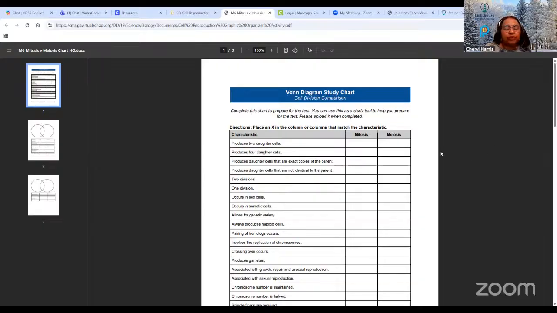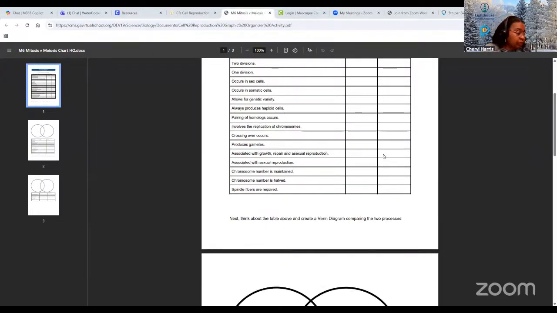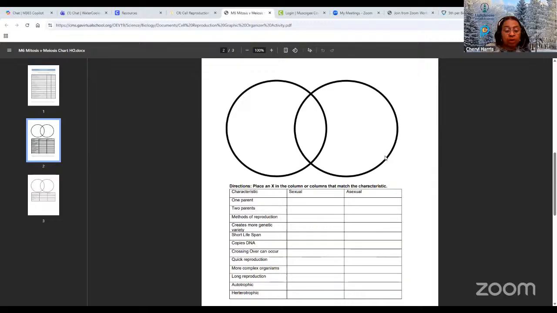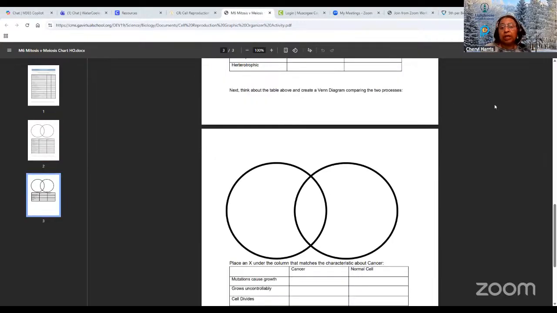All right, so I just checked the grade book. Some people have not done the cancer one, nor have they done asexual reproduction. If you haven't done either one of those, do those first because those are about to be late. Actually, the cancer one is late. The asexual reproduction will be late. So do those first. And then if you've completed both of those, which only a handful of you have, you can go ahead and get started on the study guide.